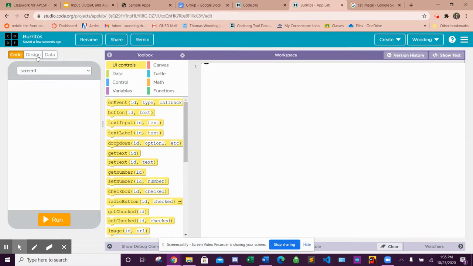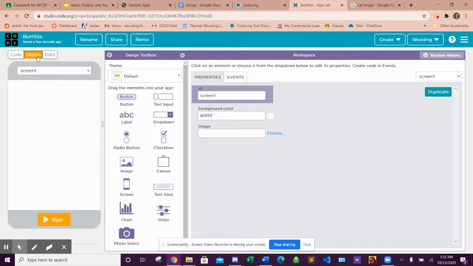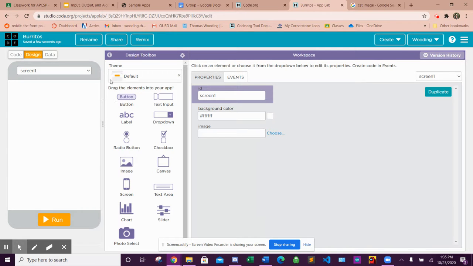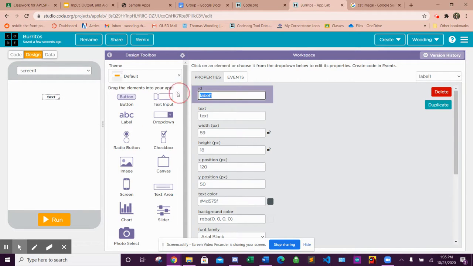And then we always are going to try and use design mode. I wanted to mirror my app like this with a label on top, an image, and a button. So let's start off. We're going to use our design toolbox and we're going to start with the label. And I'm going to name it